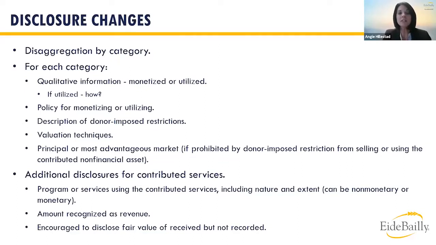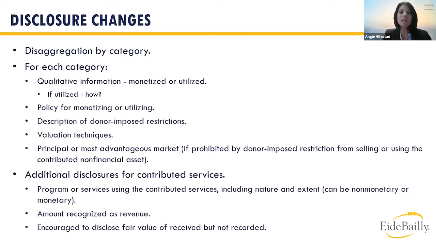That's something that gets disclosed within the footnotes when you have your line item that says donated hygiene kits. You're going to have to also include a disclosure that says those can only be used for the homeless youth outreach program. You have to include a description of the valuation techniques and inputs used to arrive at fair value in accordance with the fair value measurement topics.